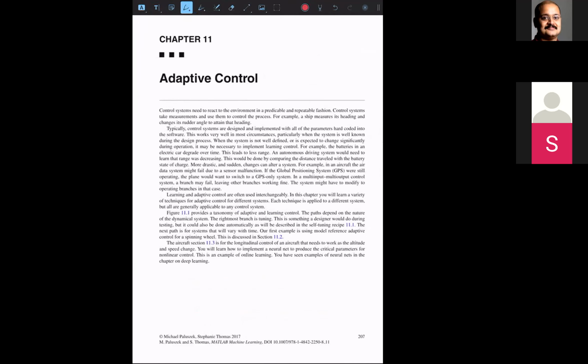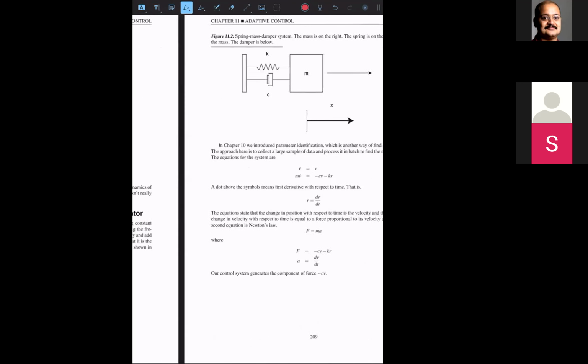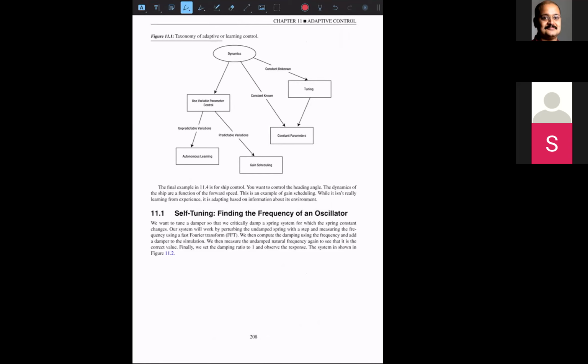The next chapter is something I'm super excited about, something called adaptive filtering or adaptive control. Remember the reinforcement learning that we talked about in the last class? That is nothing but a version of adaptive control. And how adaptive control is related to reinforcement learning will be very clear when we work through this chapter. We will work through the concept of self-tuning based on learning: how would you tune the gains based on the data that you get?